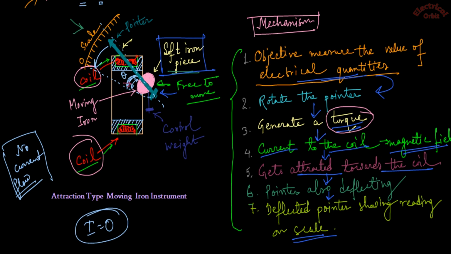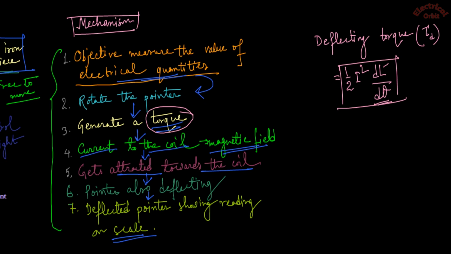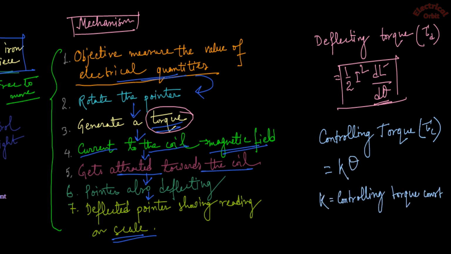So the pointer should read at the scale zero value. Now, who is responsible for getting it back to its initial position? It is called controlling torque, or tau c, and is expressed in the form of k theta. K is the controlling torque constant and theta is the angle of deflection,